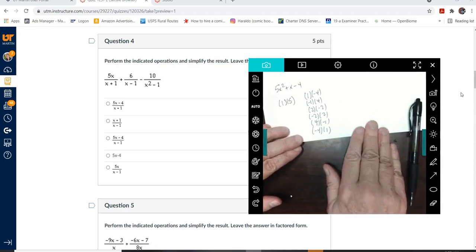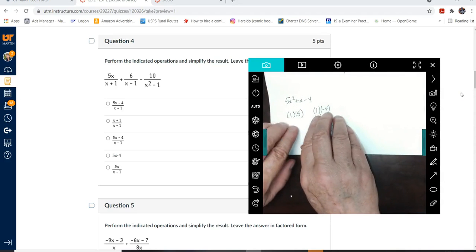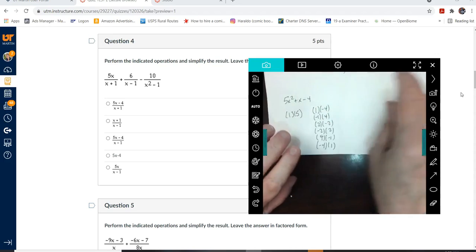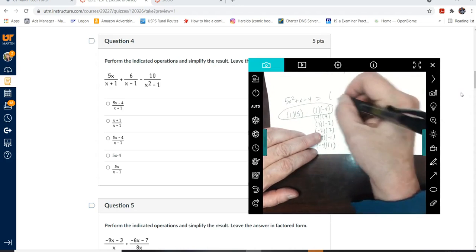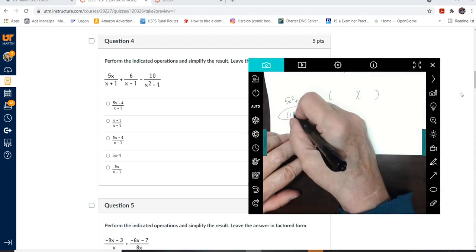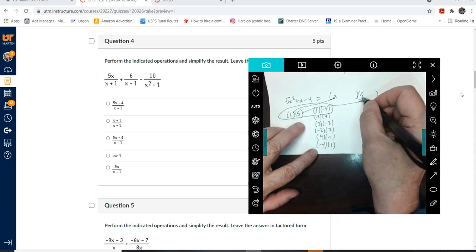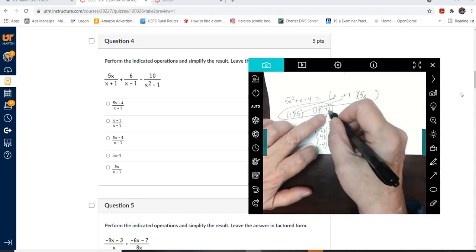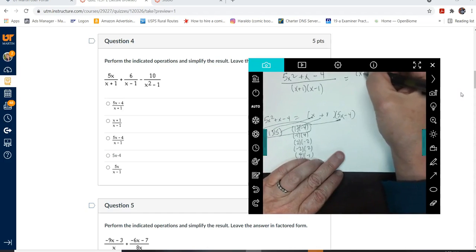Let's hope that I don't have to go through all of them. Now I want outer product plus inner product. Negative 4 plus 5 is 1, which is the coefficient there. So straight off the bat, I found how to factor this. So it's going to be 1 times x and a 5 times x there, and then a plus 1 and a minus 4. Okay, so after factoring that,